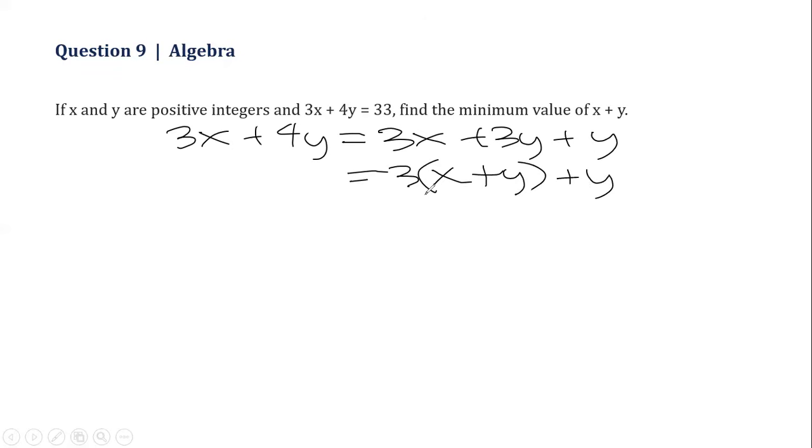If we want to minimize this, we should try to make this as big as possible. And if we want to make this as big as possible, we should start with the smallest possible value of x. So if we assume that x is 1, we will get